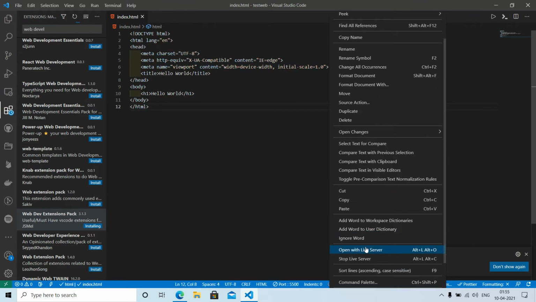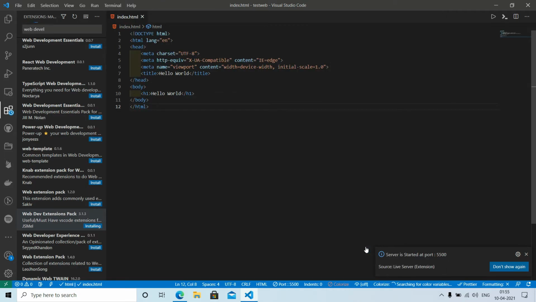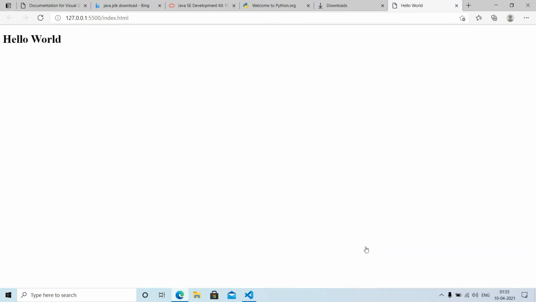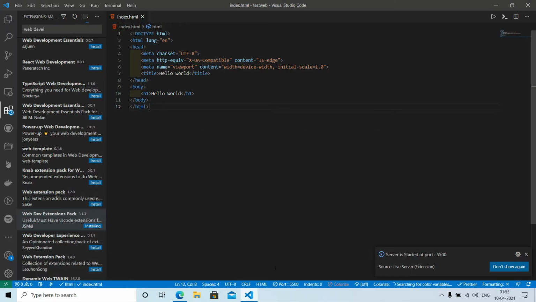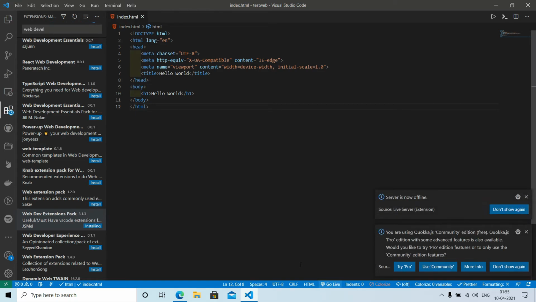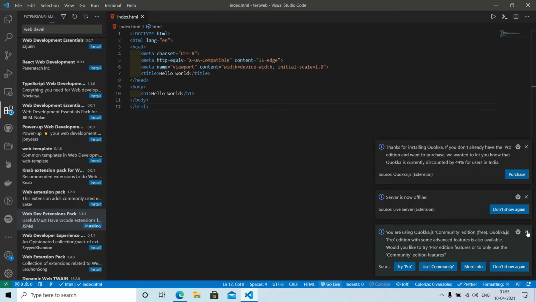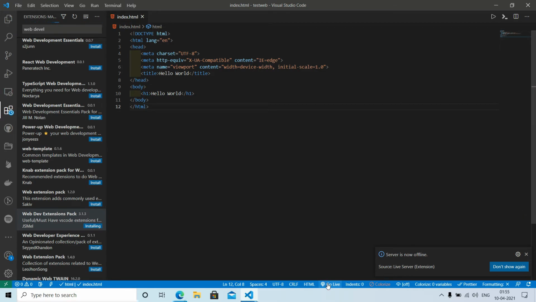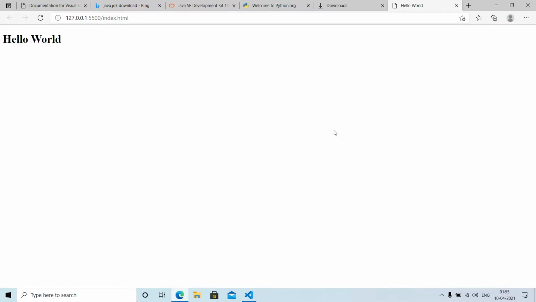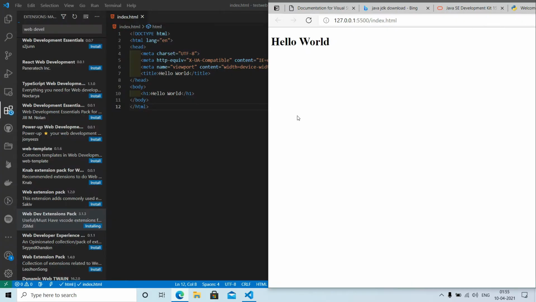You can also use it by this option in the right click menu, or you can also just click on Go Live here. Okay, all those extensions are getting installed. You can just click on Go Live and you will be able to access Live Server.